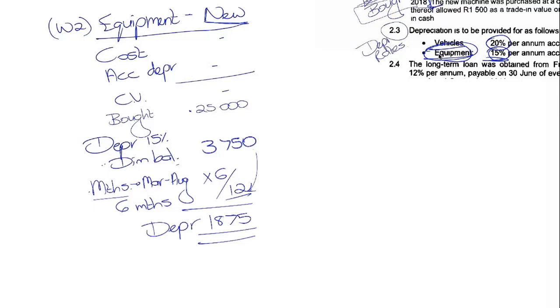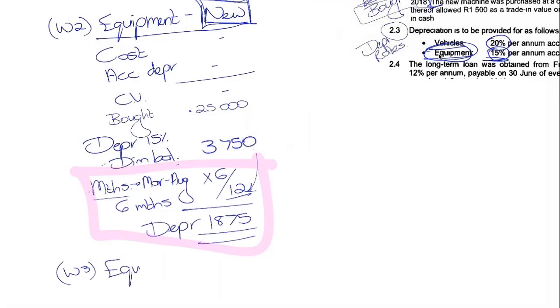Okay, I separate the new assets out of the sold assets and out of the old assets because of this particular issue, right? Because when we buy assets during the year, we have to prorate it. When we've had assets on hand for the whole year, we don't need to prorate it, so we're not going to. Okay, then I do my old